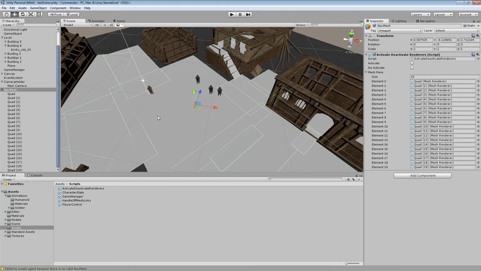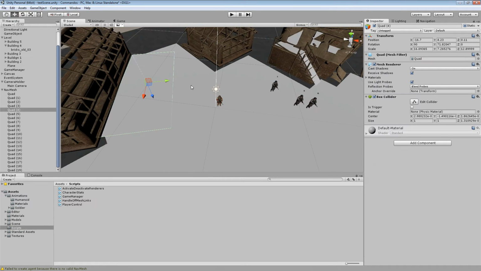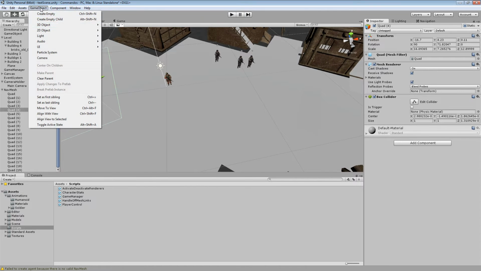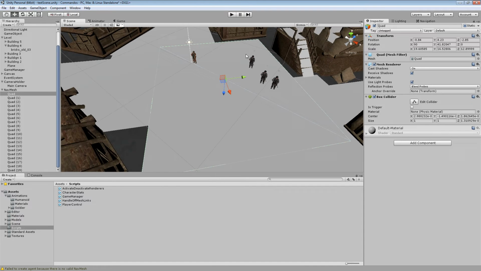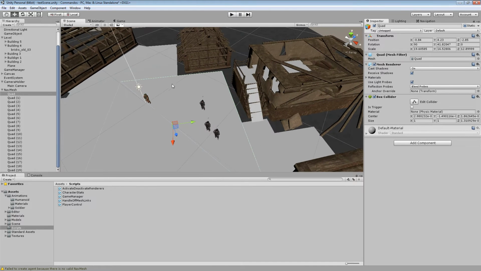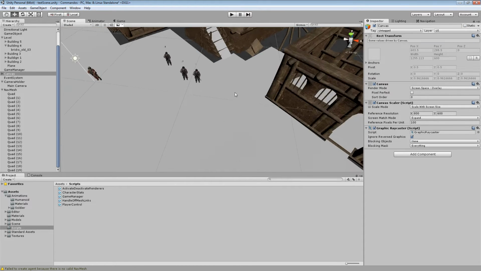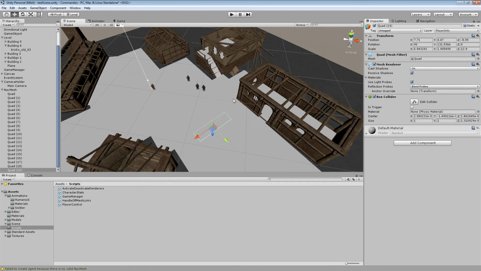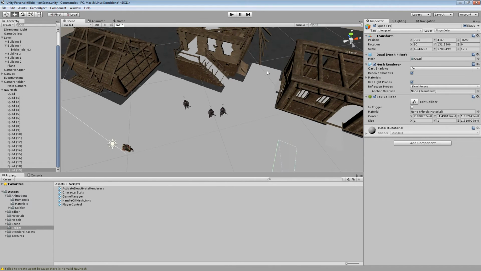have set up my meshes, pretty much my quads, inside my level. The way I'm doing this is I'm creating a new quad, 3D object, quad, and rotating it to have pretty much the same rotation as the level, and then we go into each one and scale it up and down to place it where we want it to be. Now we have set up our level,